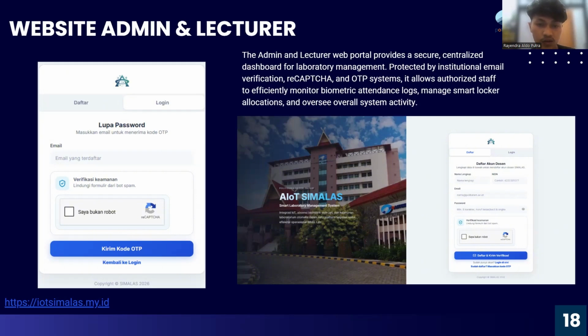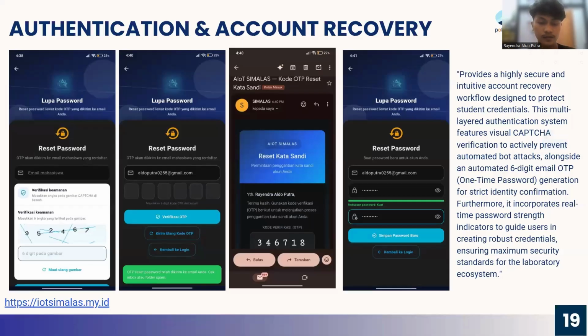This includes mandatory registration using institutional emails and reCAPTCHA integration to block bot attacks, up to OTP verification. Through this centralized dashboard, authorized staff can monitor biometric attendance logs in real time, manage locker checks, and overall IoT system activity. Next, please.